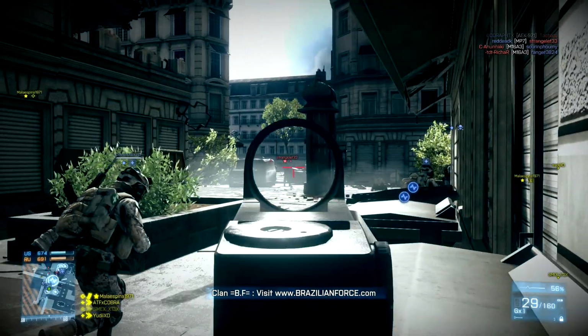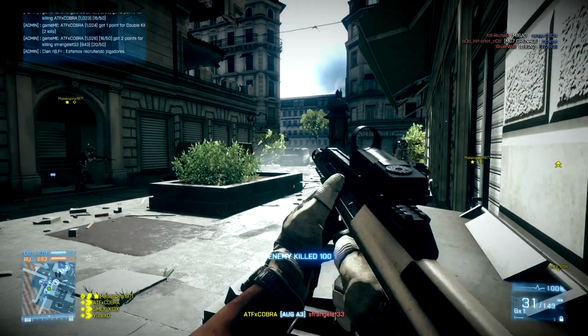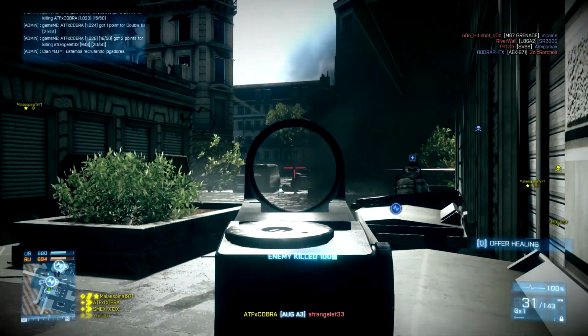Hopefully you guys did enjoy this attachment guide. Go out and try out these attachments. It's the red dot sight, foregrip, and flash suppressor combination for the AUG